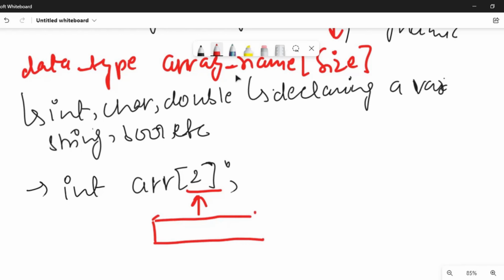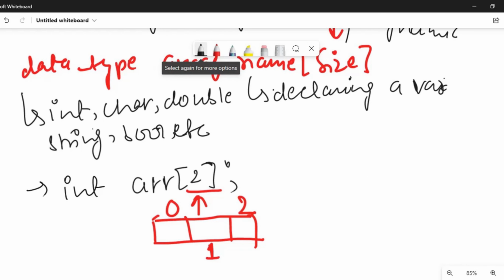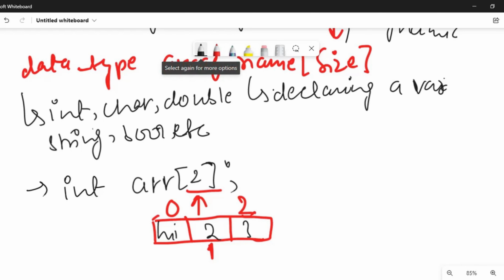As mentioned on the screen, for example, this is 1, 2 and 3. So this will have address 0, this will have address 1 and this will have address 2. If it's the int data type, and I write hi, 2 and 3, it is going to show me an error, because I have used the string data type which I was not required to use. So I'll erase this one, and in place of hi I would mention 1.